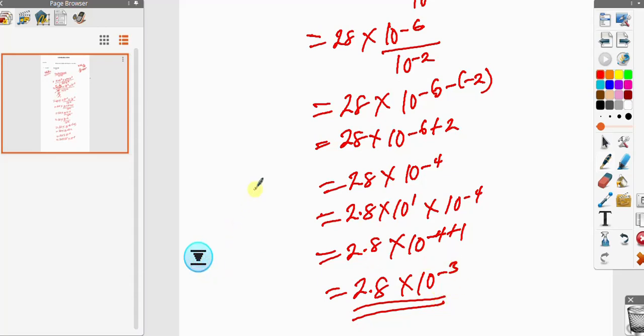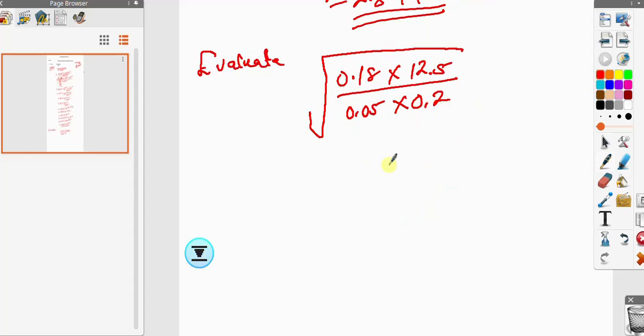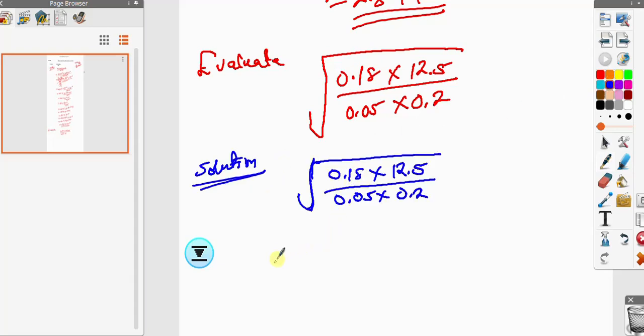Let's look at the second example. 0.18 times 12.5 over 0.05 times 0.2. Now, let's write. The first thing that you do here is, let's bring this one now. Let's count our point here. Let's shift our point from here to the right hand side and count it. How many times can we shift it? We have 1, 2, and that you multiply 18